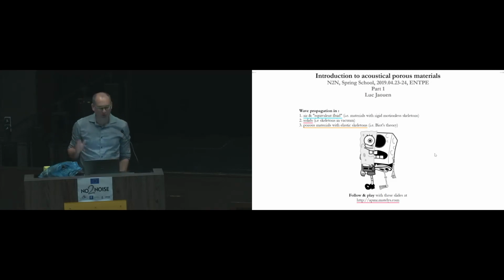In this first part, I've split my talk in three parts. The first one is dealing with air as an equivalent fluid. Equivalent fluid is when we assume that we have a rigid and motionless skeleton, so we only look at what's inside the air. But the air has a tortuous path because it has to go through the porous materials, and we have this